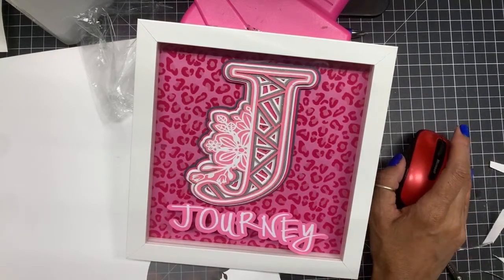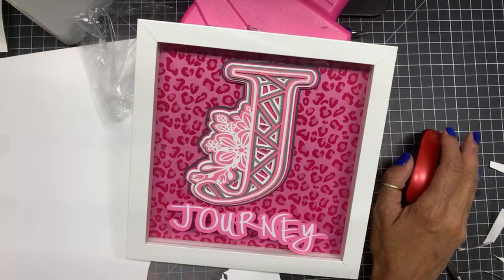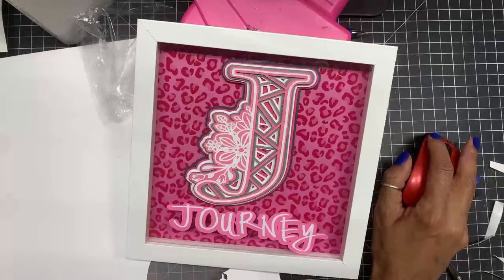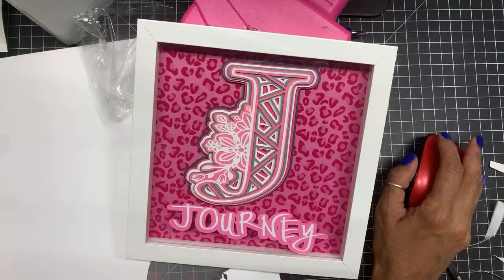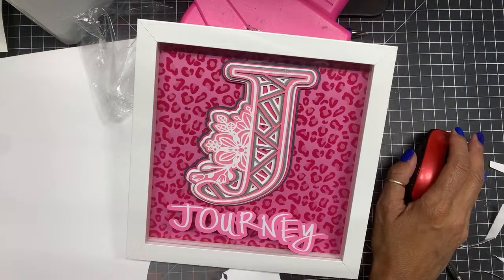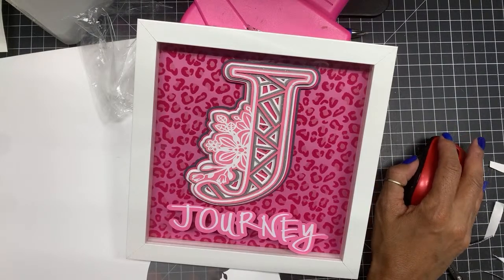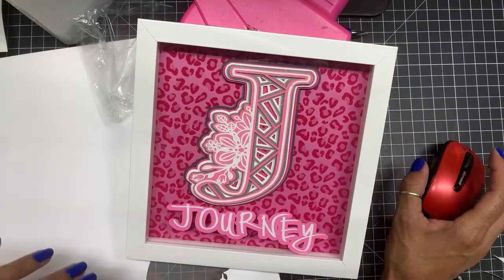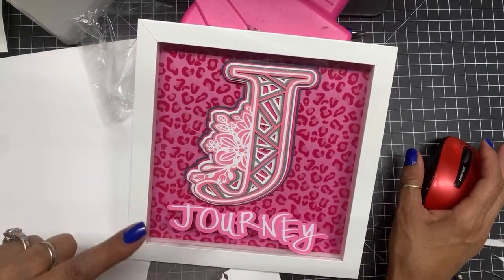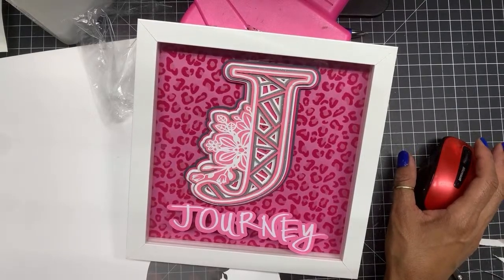Okay. So, Journey. Where is the... It's the Heidi Swap font. That's where I got Journey from. And then the medallion, that's what it is. Or Mandala, I think it's pronounced. For Pink, it is